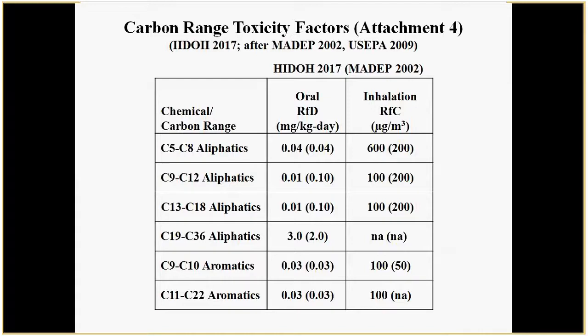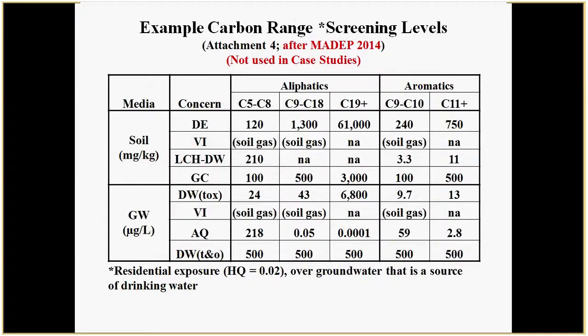Here are some example carbon range screening levels. These are straight from Massachusetts in 2014, and I added a few things to it. These aren't used in the case studies. They're included in attachment 4 in the document, but we don't really focus on carbon range screening levels for soil and groundwater. But you can see the screening levels here for soil for direct exposure with Massachusetts C5 to C8 aliphatic